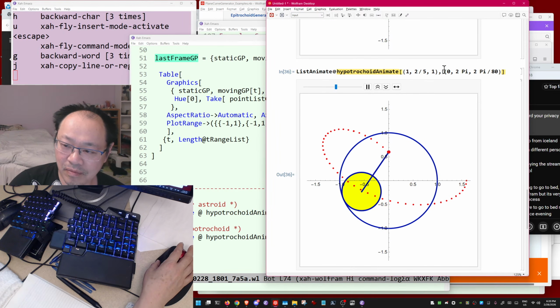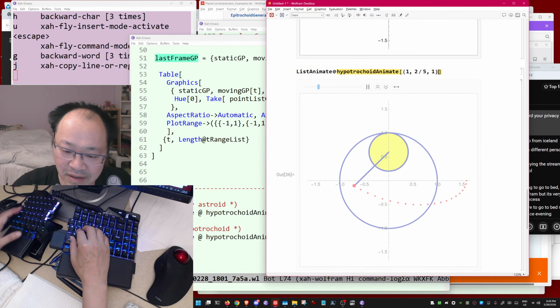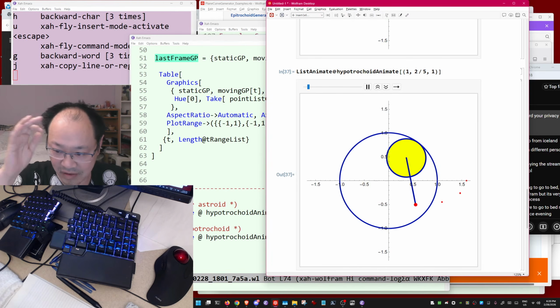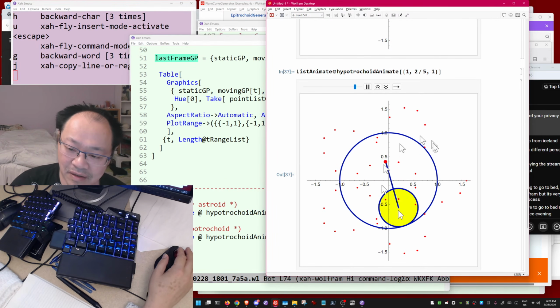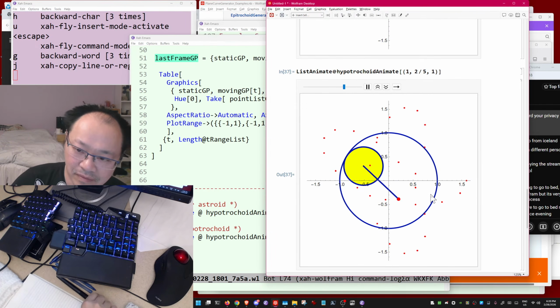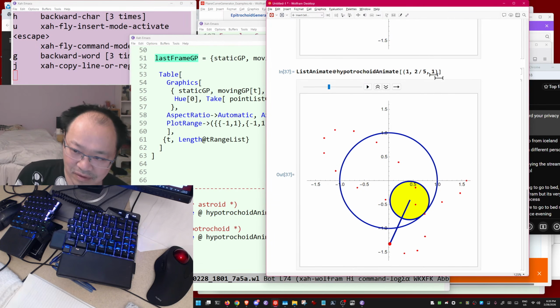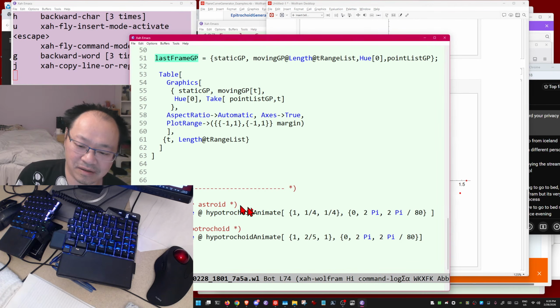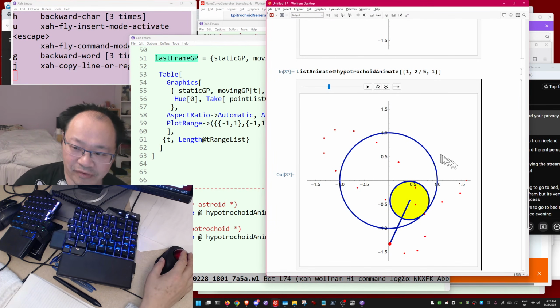So if you omit the second parameter, it will figure out how many turns to do. However, then you don't have the number of frames. But if you automatically have a default value for the number of frames such that each turn has 40 frames,